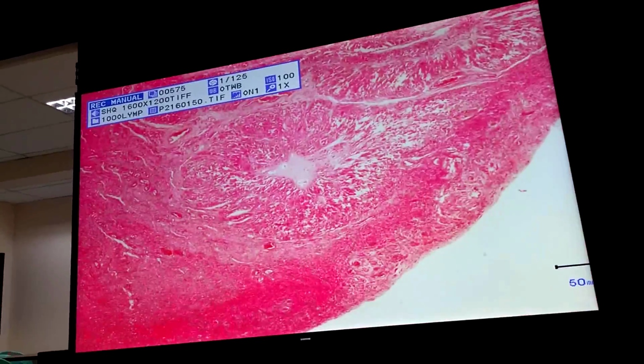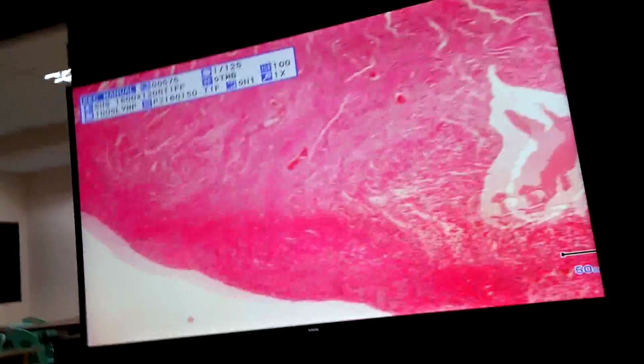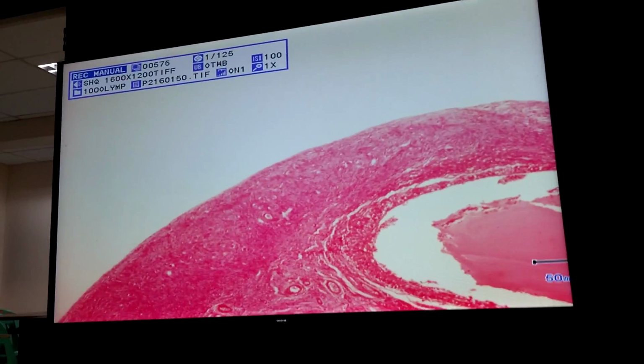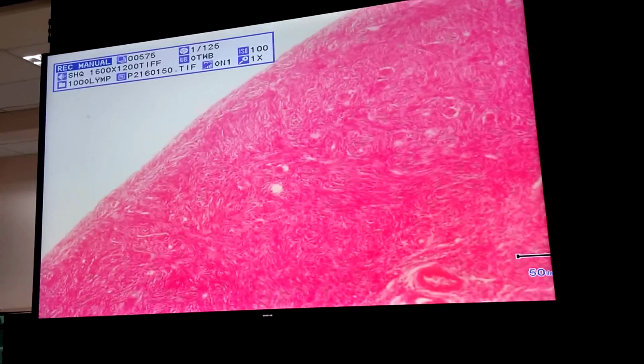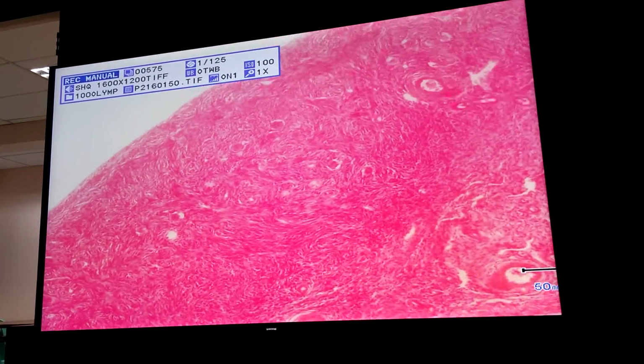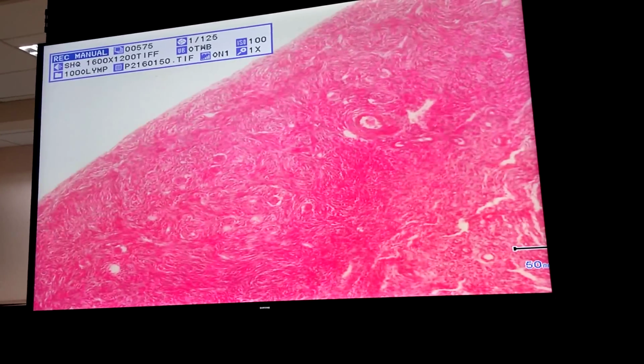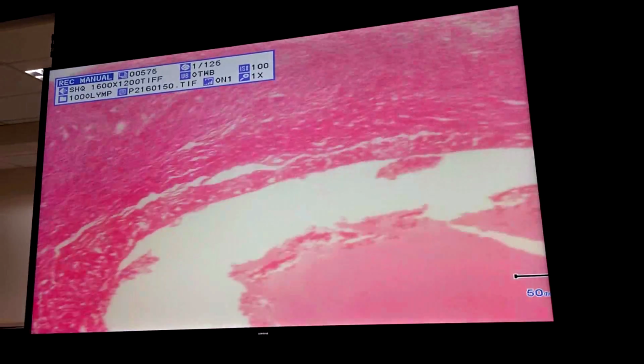So those are the important structures that you need to remember about the ovary. In the cortex, you will be able to see the stages of development of the oocytes. Okay, from primordial to primary to antral, and eventually to Graafian, and then after rupture,